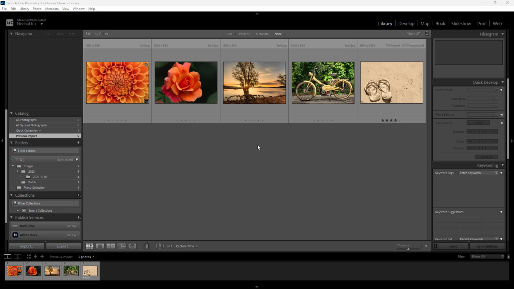So whenever you're using Lightroom, you have multiple pictures you're working with. You can see that I have multiple pictures right here. Let's say I want to view them side by side. Right now I only have 5 pictures, but let's say I just want to select 3 of